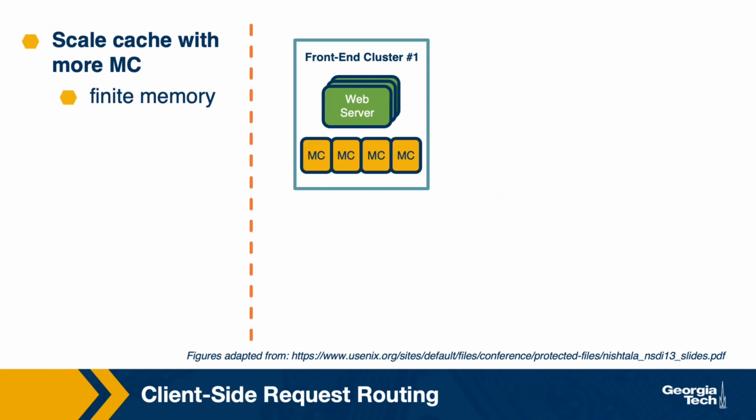Now, a single Memcache instance is going to have some finite capacity. It may be very large capacity if we have spent a lot of dollars on DRAM or on some of the new multi-terabyte persistent memory technologies, such as Intel's Optane persistent memory modules. But it is still going to be finite. So if we somehow need to be able to serve data that needs more memory capacity, we have to scale horizontally by adding more Memcache instances.